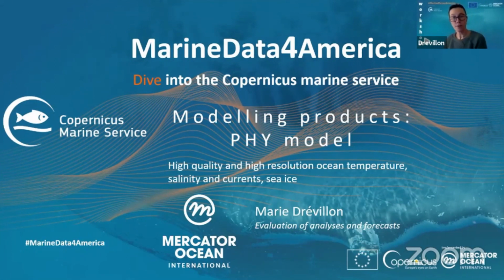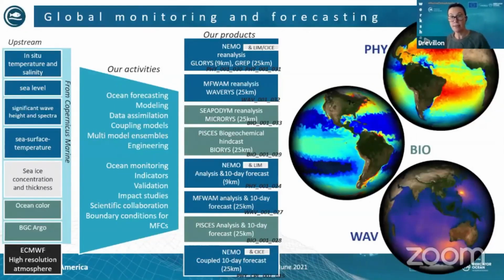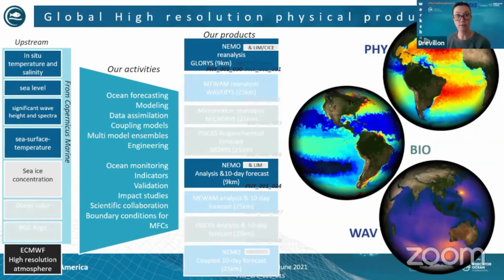So I'm going to talk about the high resolution model products for the physics: ocean temperature, salinity and currents, and sea ice. These are produced by a global monitoring and forecasting center within the Copernicus Marine Service. We are producing several products for the physics, for the biogeochemistry, and also for the waves, which are going to be presented later. And I'm going to focus on these two